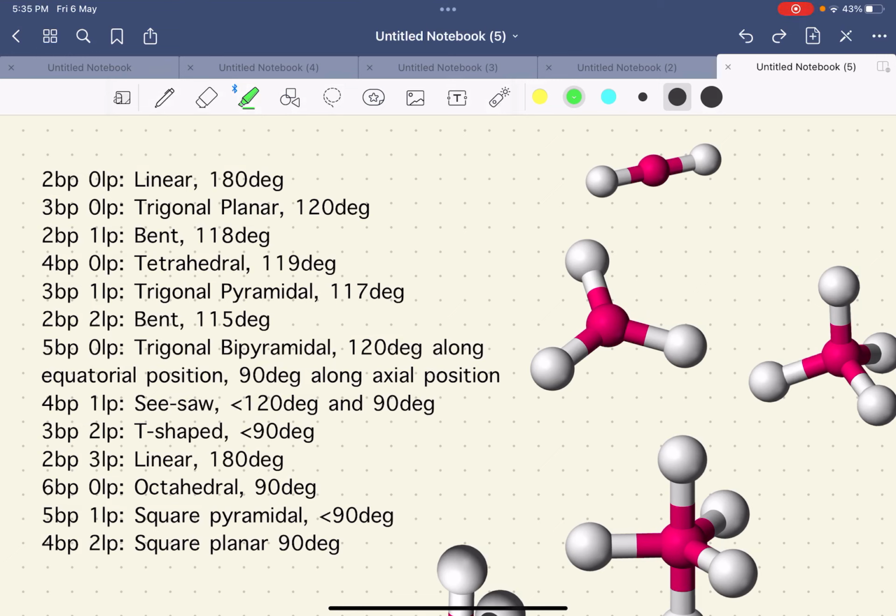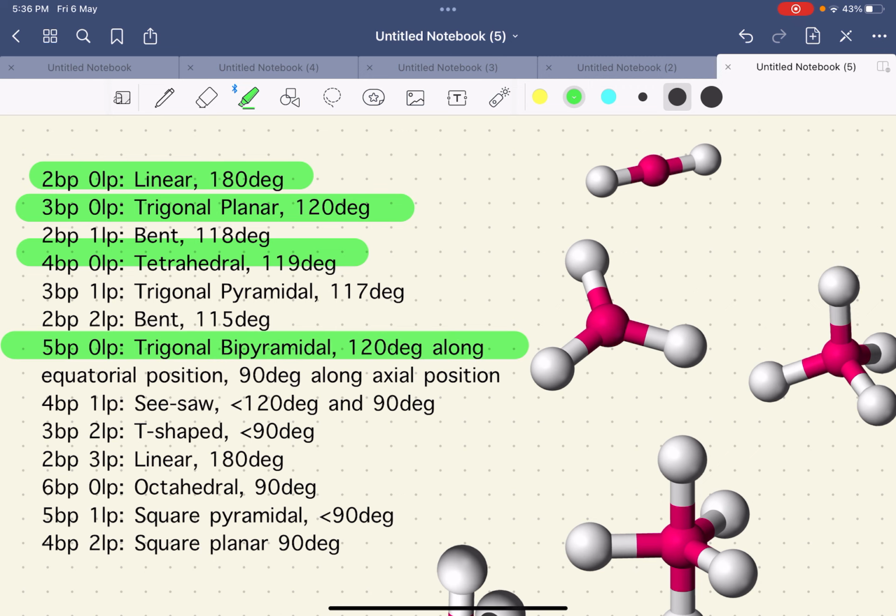Hello everyone. Today I'll be showing you a more intuitive approach to memorizing and understanding the different shapes, structures, and angles of the different respective bond pairs and lone pairs. Now on the screen we can see most if not all of the different shapes and angles that we need to know for the A levels, and now I'll be telling you the six most important structures and angles you need to know: this one, this one, this one, this one,